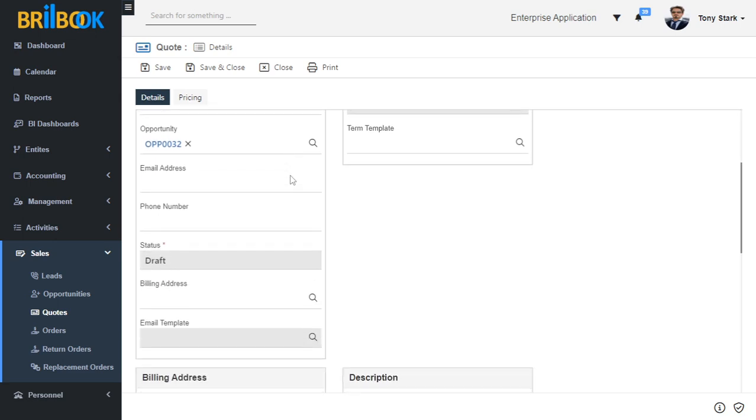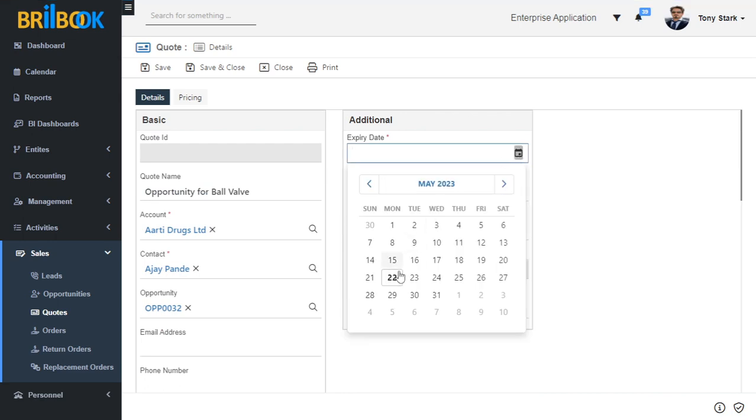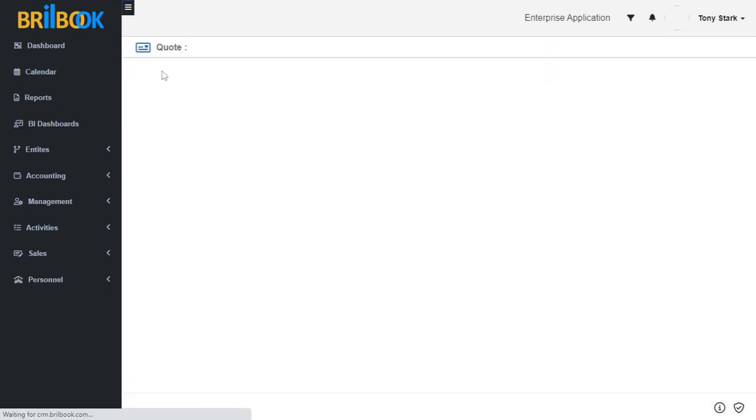Now I am going to add the billing address from this drop down. Select expiry date and click on save button to save this record.